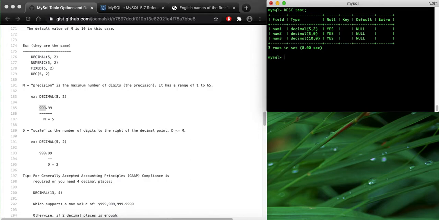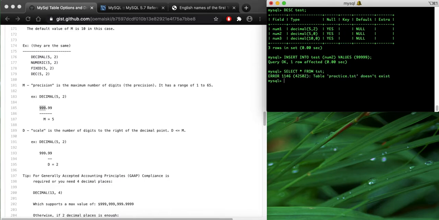This time I'm going to insert a value to num2. There's no decimal place, so I'm going to eat up all the 5 digits. I should have just removed the dot. It works. So let's select again